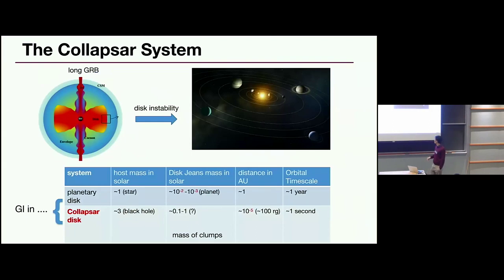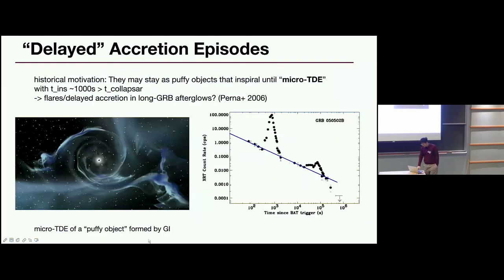And also, if you look at the time scale and the distance, you will see that while planets are stable on the time scale of gigayears, these things are formed so close to the central black hole that they will inspiral on the gravitational inspiral time scale, which is 1,000 seconds. So this orbital system will be a very short-lived planetary system analog. And we haven't made this whole thing up.